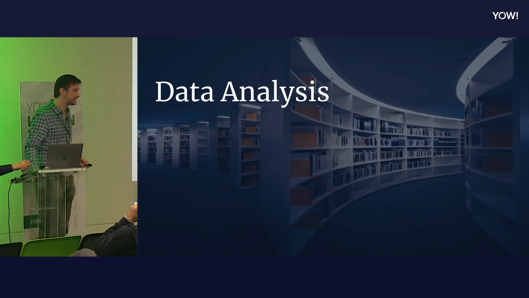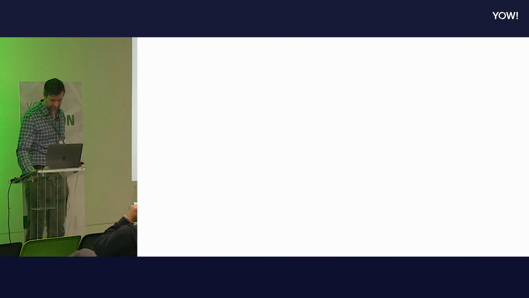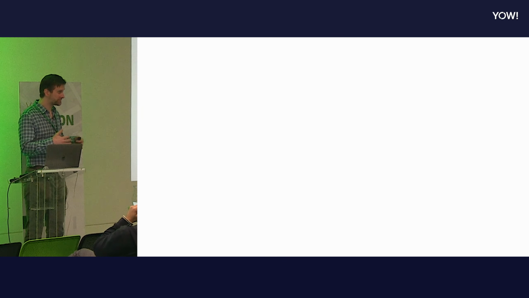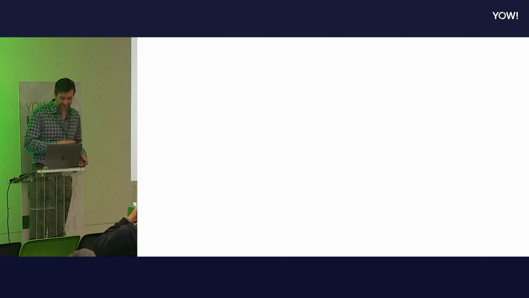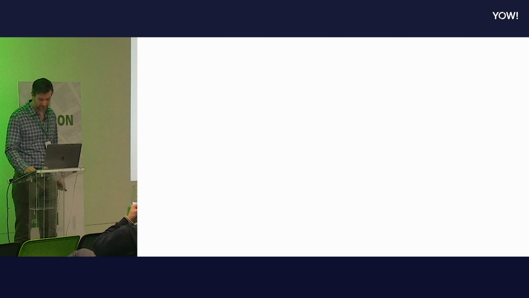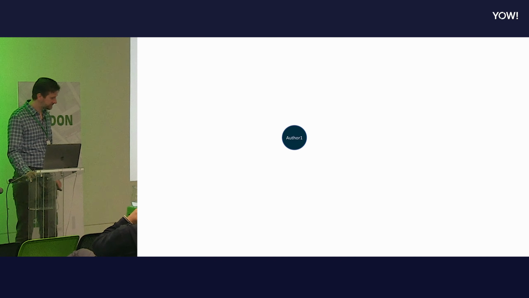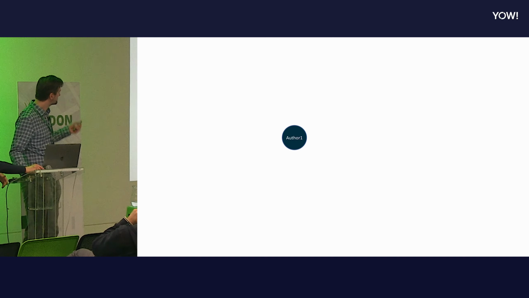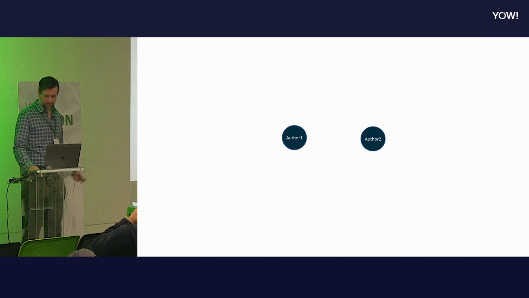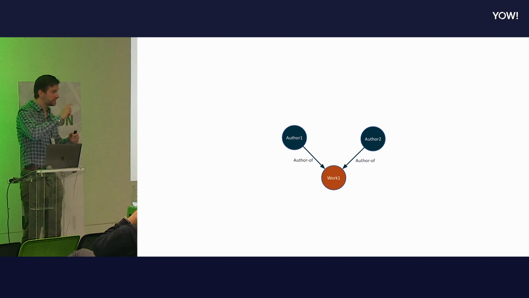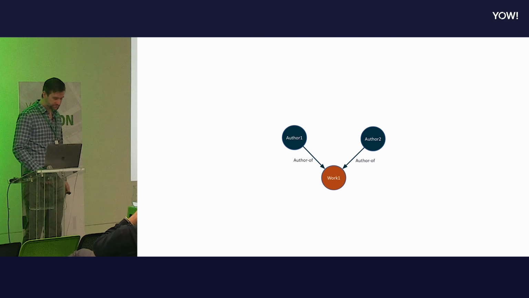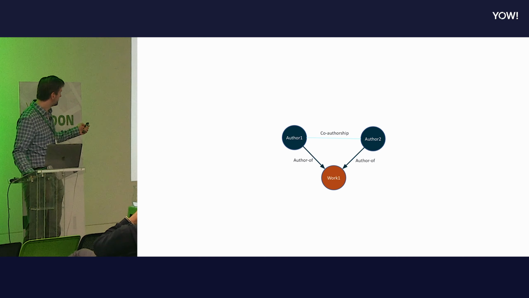Okay, so as Ebru has said, the data engineering part of this is really hard. Fortunately, the data analysis part is, as a consequence, quite straightforward. So just to say what it was we're doing here. Remember, we've got an author, we've got another author, and both of these authors appear in the author list on one research paper. We're calling that a co-authorship. So this is the entity that we're interested in, this co-authorship.